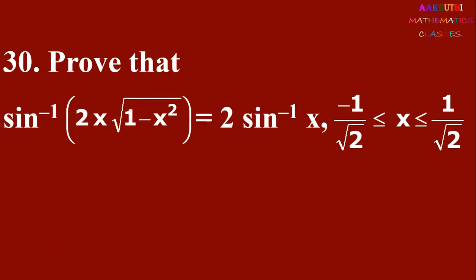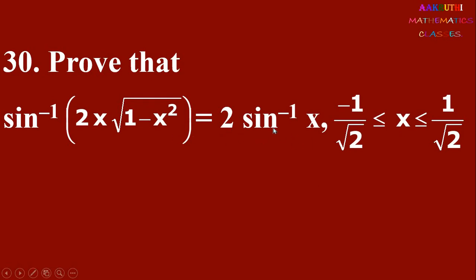So first one, to prove that sin inverse 2x into root of 1 minus x square equal to 2 sin inverse x, when x is greater than or equal to minus 1 by root 2 and less than or equal to 1 by root 2. To prove this type of problem, we substitute x equal to sin theta, cos theta, tan theta, cosecant, secant or cot theta. Now here we have 1 minus x square, we have identity 1 minus sin square theta or 1 minus cos square theta. So we can substitute x equal to sin theta or cos theta. Since x is negative value also, don't substitute x equal to cos theta, put x equal to sin theta.